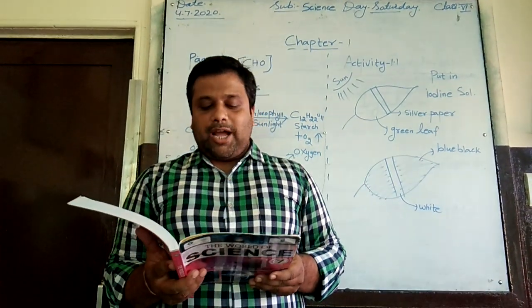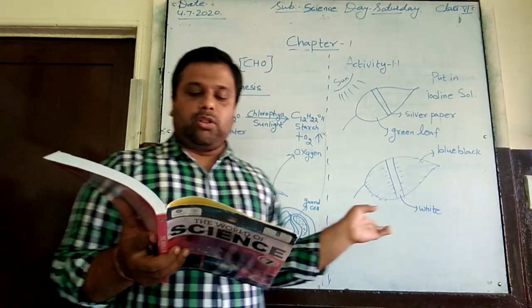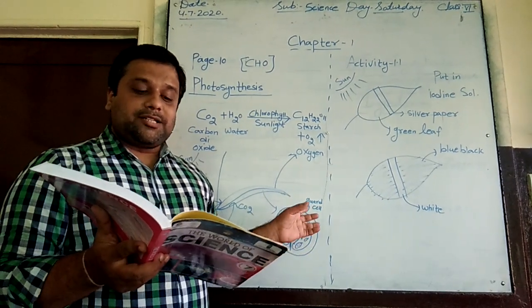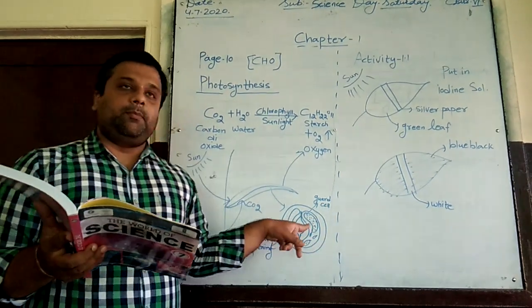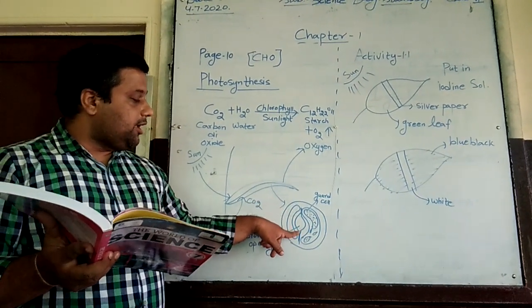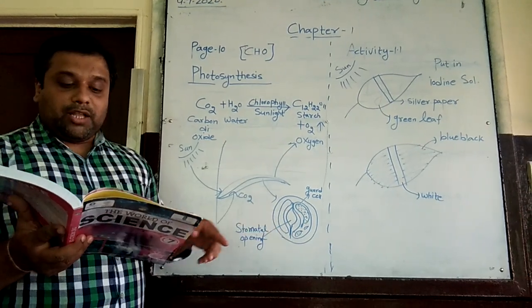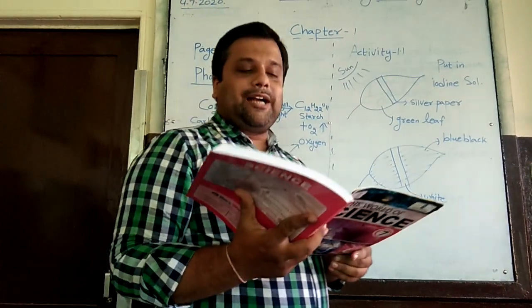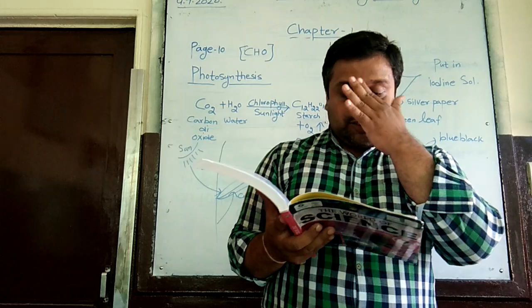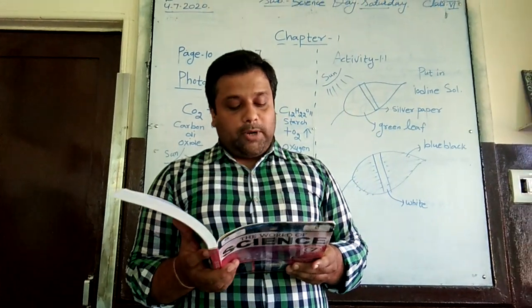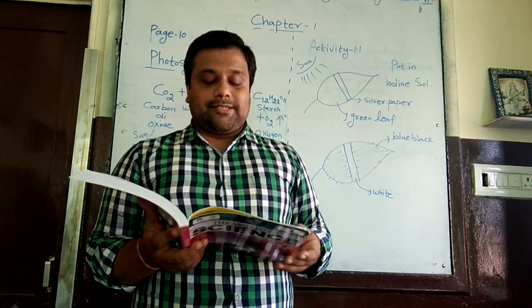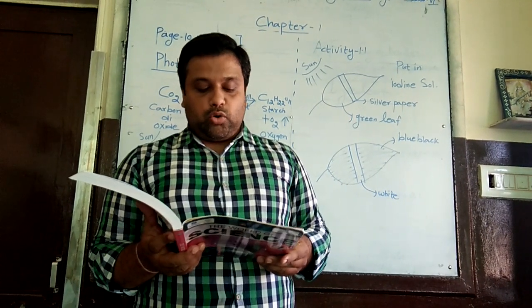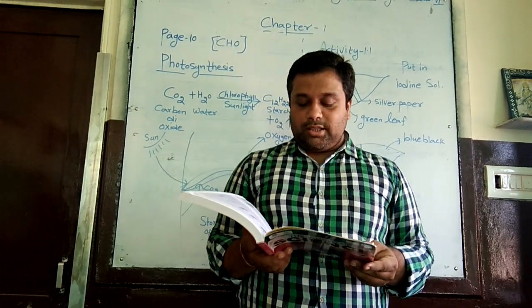Now stomata are the tiny pores present on the surface of leaves. These are surrounded by bean-shaped cells. Bean-shaped means not the soybean beans you eat, but a shape like a bean. They are called guard cells. Exchange of gases takes place through stomata, and carbon dioxide enters the leaf through the pores, and sunlight absorbed by the chlorophyll provides energy for photosynthesis.